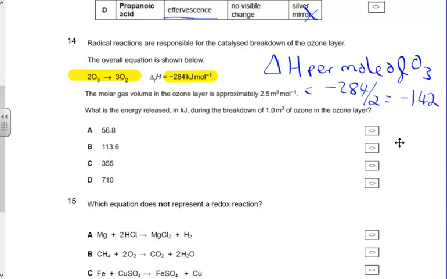-142 kilojoules per mole. So we're looking at the energy released in kilojoules during the breakdown of 1 meter cubed of ozone, when we know that 1 mole of ozone occupies 2.5 meter cubed. So 1 mole of ozone occupies 2.5 meter cubed. The number of moles of ozone equals 1.0 divided by 2.5. That's my moles. If I multiply that by the enthalpy change per mole,